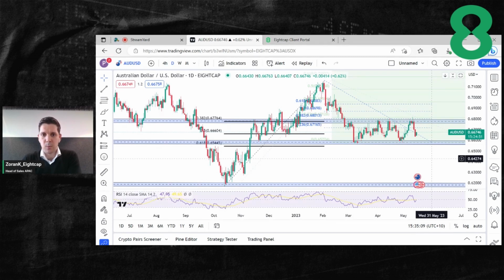Last week was quite a heavy hit for all the commodity currencies. So Aussie dollar has fallen approximately 1.4%, but we were also seeing declines in the Canadian dollar and New Zealand dollar as well. From the chart here, as you can see, Aussie is moving into a sideways range from around 7th of March up until today. So approximately the last 2 months, we've seen Aussie move sideways.